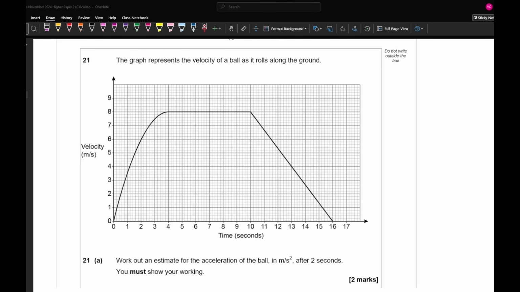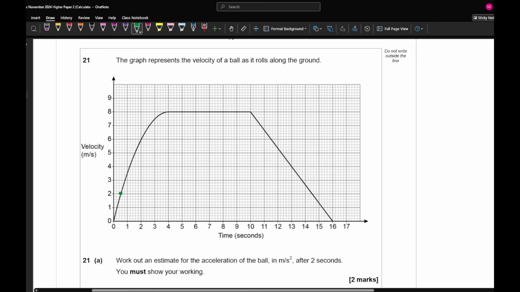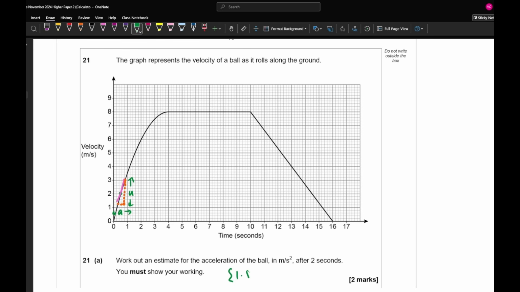Now for this question, what you need to do is first of all find 2, which is here. And what you need to do is draw a tangent at 2. So let's just say have a line that balances over there. What you then need to do is work out the gradient of that particular line that you have drawn. To work out the gradient, it's the distance up divided by the distance across. If you count the number of squares, then any answer between 1.5 to 2.5 would be fine to get